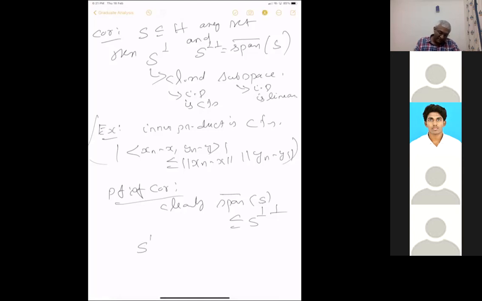I mean, this is true. So we have span S contained in this. For a closed subspace, we have already proved that double perp is equal to that. So span closure perp, which is a closed subspace, which is equal to